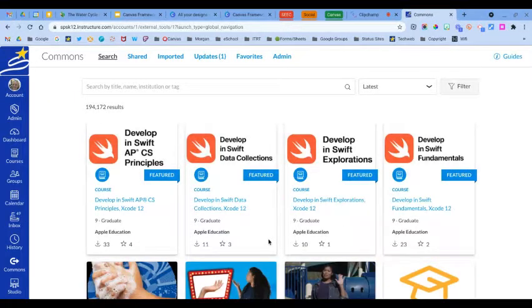The Canvas Commons is a library of resources where educators can go and search for different types of content to use in their own courses. So I'm going to show you how you can find, sort, filter, preview, and import these resources into your Canvas courses. So first you can start by searching